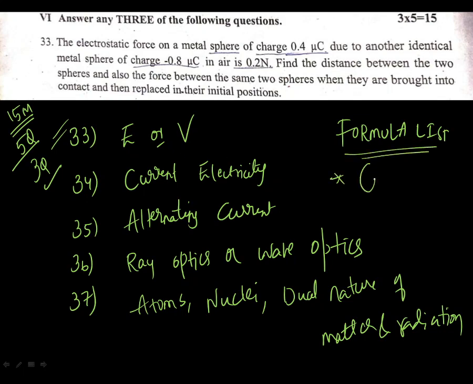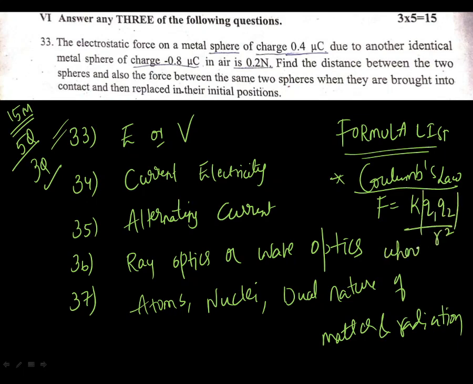For example, if you are making a list of formulas for the concept of Coulomb's law, write down the heading as Coulomb's law, then you can write down its equation. Don't miss the magnitude. Then at the end, you can explain the terms where Q1 and Q2 are the charges and R is the distance between the charges. So if you make a formula list along with the concepts and the explanation of the terms, then it becomes very easy to correlate with the question.